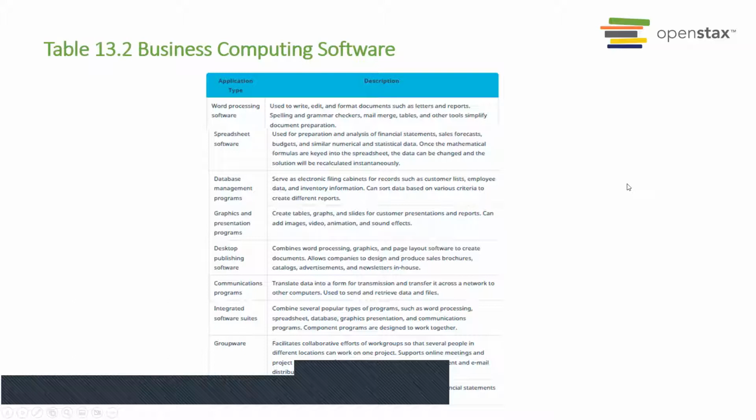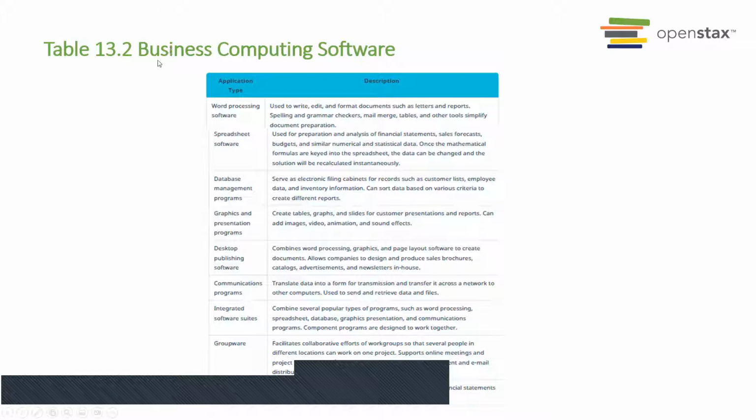Table 3.2, business computing software. You have to understand the difference between hardware and software. Hardware is your keyboard, your monitor screen, and your desktop, the tablet or the iPhone or the Samsung phone, those smartphones. Those are the hardware of the technology. The software systems are like the databases, publishing software, Microsoft Word, those types of things. Those are considered software.